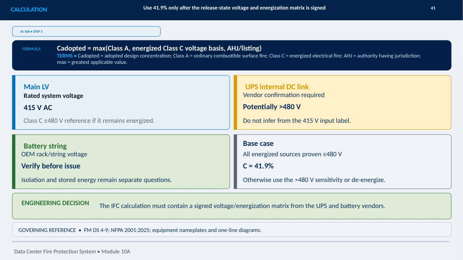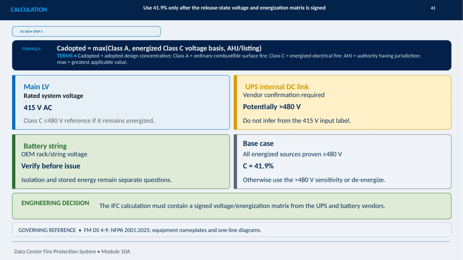This slide establishes the calculation basis for the IG-100 design concentration. The governing formula is to adopt the greatest applicable value among Class A, the energized Class C voltage basis, and the AHJ or listing requirement. For the base case, 41.9% applies only after the release state voltage and energization matrix has been signed. The main low-voltage system is rated at 415 volts AC, which supports the Class C reference for energized equipment at or below 480 volts. However, that input label does not establish the voltage of the UPS internal DC link, or